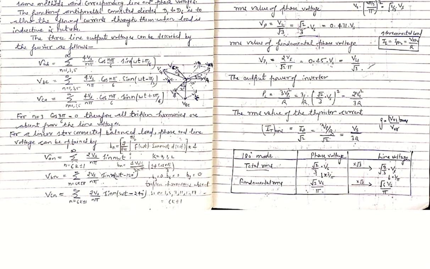And the fundamental phase voltage RMS value equals root 2 Vs by pi. If you multiply this by root 3, we will obtain the fundamental component of voltage for the line case. And this is the formula of the distortion factor, which equals fundamental RMS upon overall RMS. To obtain the fundamental RMS component, we multiply the whole RMS output voltage by G, where G is the distortion factor. In three phase case it equals 3 by pi, but in single phase case it equals 2 root 2 divided by pi.